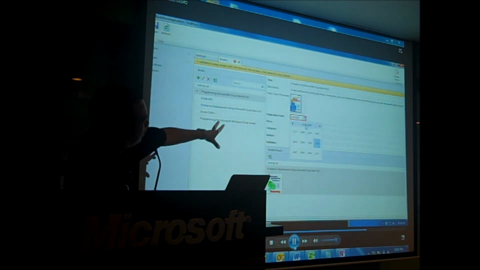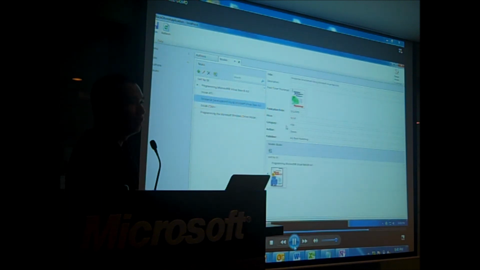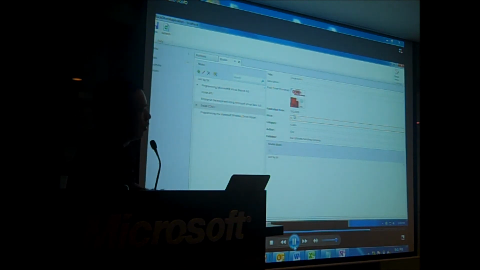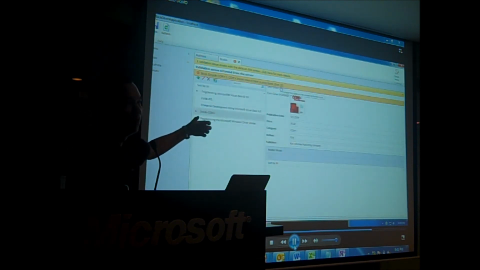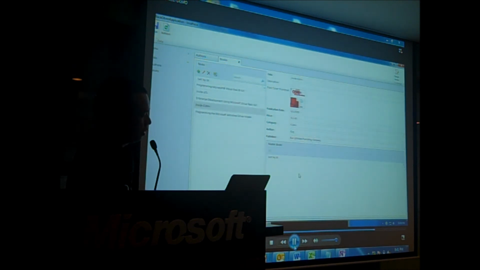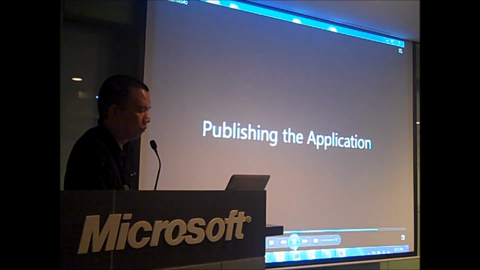What's really nice is, ayan, si LightSwitch is going to give you these functionalities out of the box. Ay, hindi na ikaw mag-a-add ng calendar control, di ba? Hindi na ikaw mag-a-add ng yung sa taas na validation message. If you'll notice, ganun yung message niya. So, para na siyang browser application, hindi message box yung lumabas, di ba? Yung validation warning niya, nandun siya. Right. Okay. Right, nag-save na siya. So, okay. So, publishing the application,